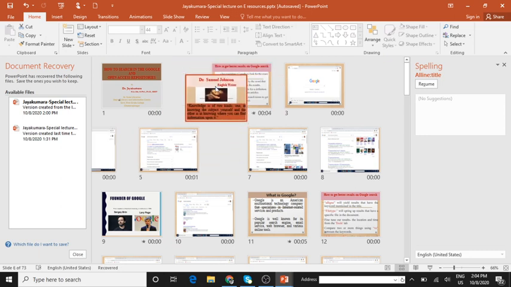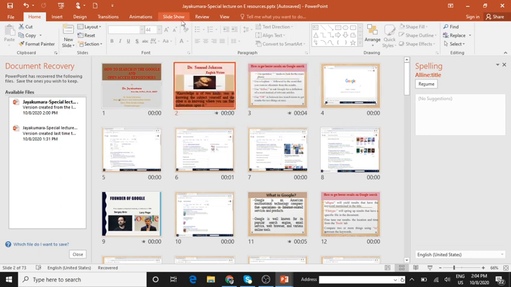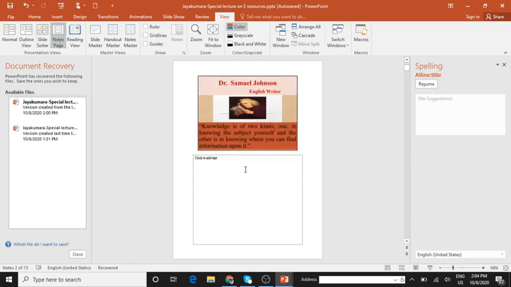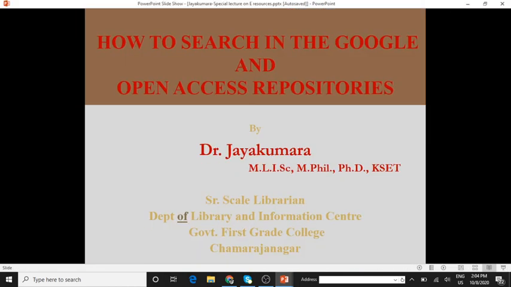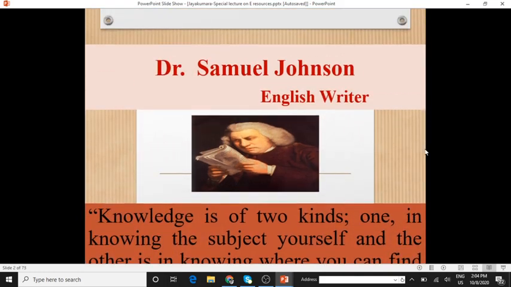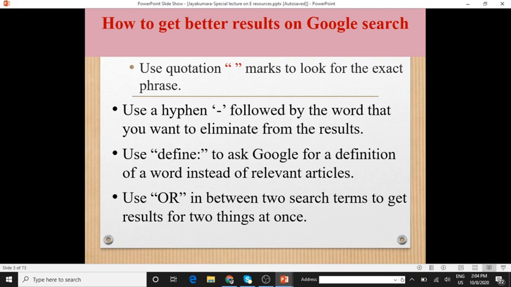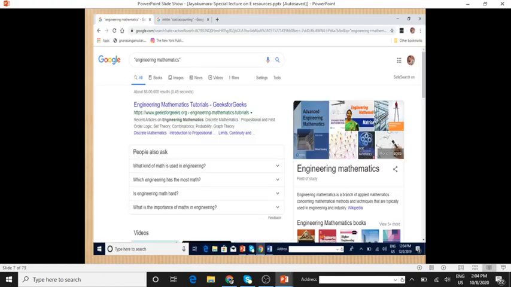Okay, so these things can be done. Notes page, you can add the notes here. Then the other one is reading view. Okay, rehearsal also you can do it.